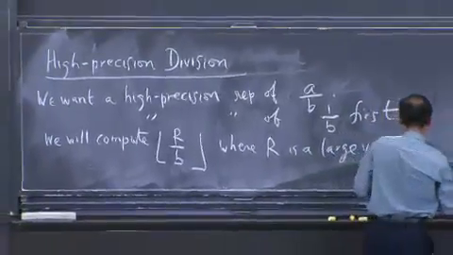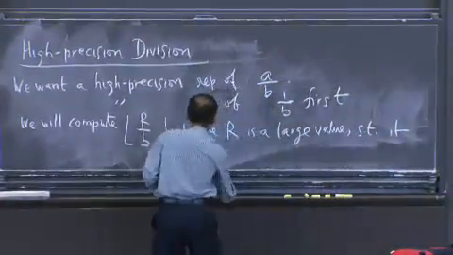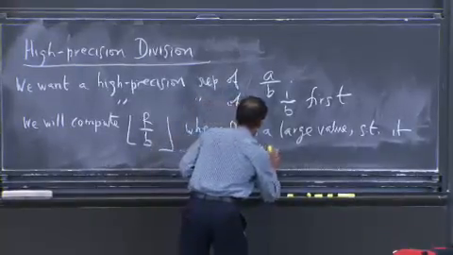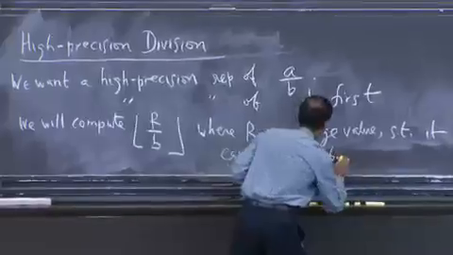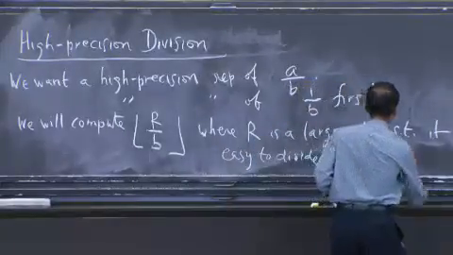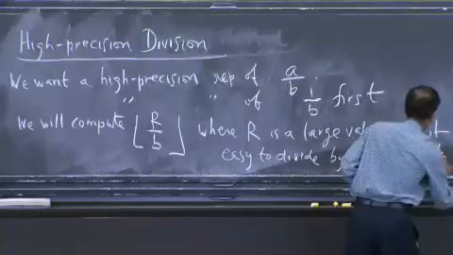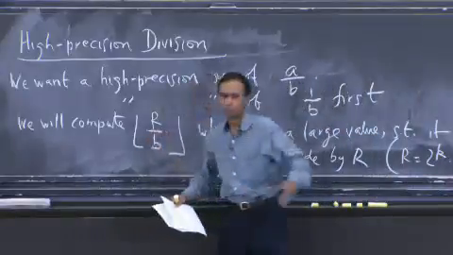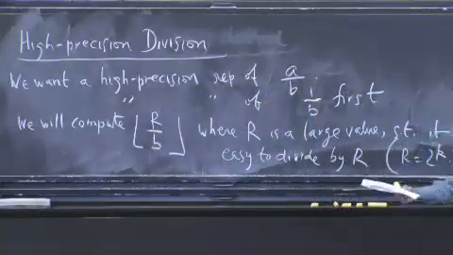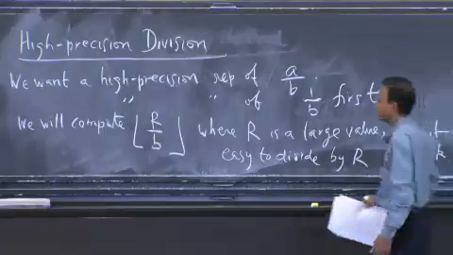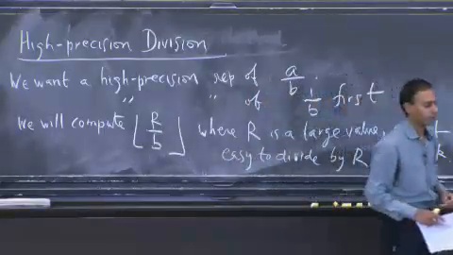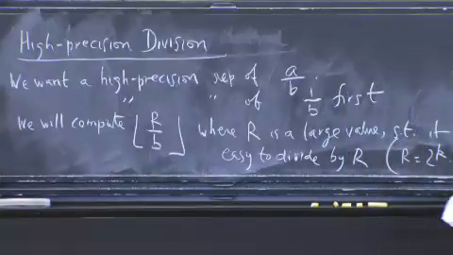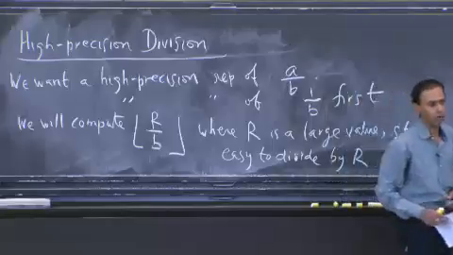and more importantly, it's easy to divide by R in a particular base. So for example, R equals 2 raised to k. When we use base 2, you can easily divide through a shift operator. Okay? So if I give you R divided by B, and I give you this long computer word that's in base 2, which typically could have millions of digits in its representation, I can shift that by the appropriate amount. I can get 1 over B by shifting that quantity.